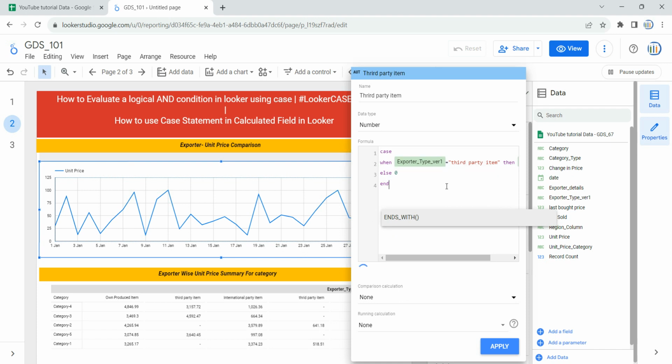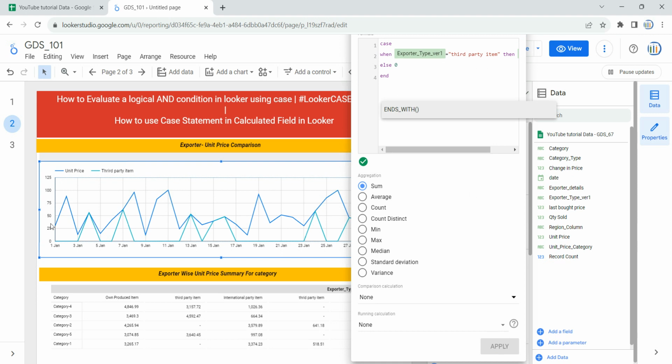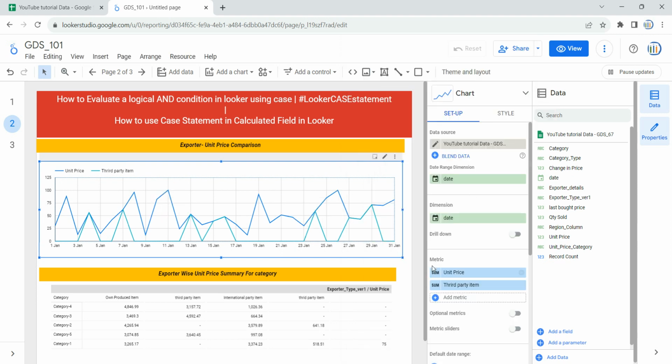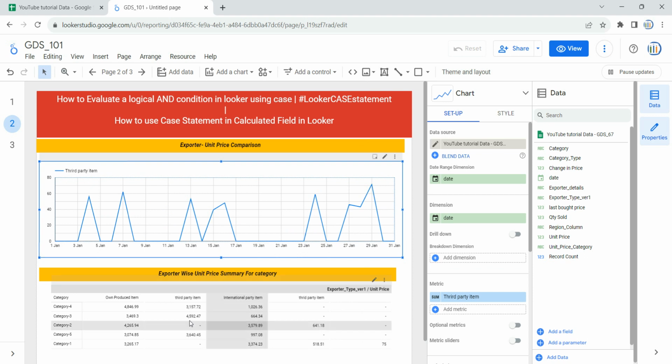Let me copy this formula so that I don't need to type all of these again and again. So the moment you finish your case statement, you will see whether this formula syntax is valid or not, which will evaluate this formula, and either it will put a tick mark or a cross mark. So our formula is correct. So we can click on apply, and then you will see that you have a new calculated metric or column over here saying third party item. We can remove this unit price from here, and similarly we can create a new calculated field for this